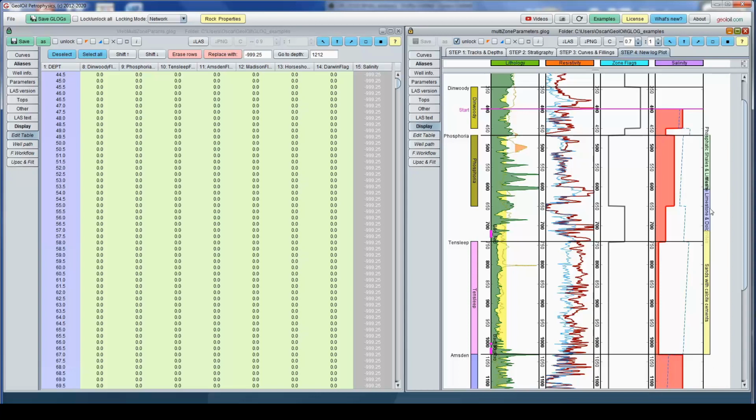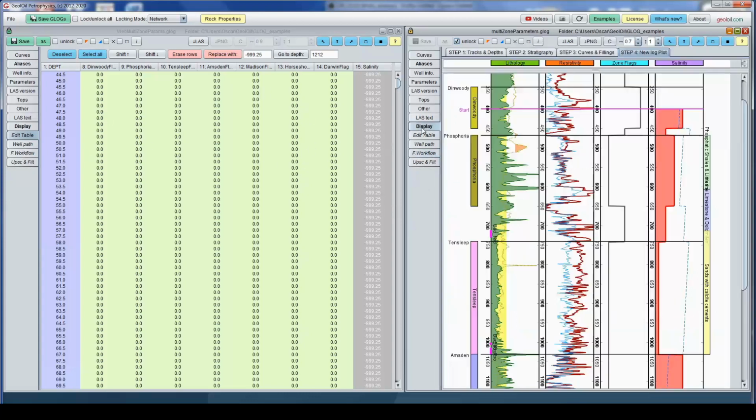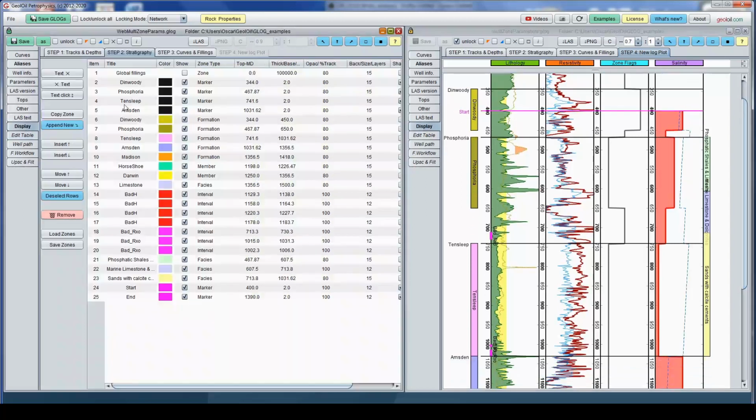An interesting choice will be to define a default value, like this one. For when this minus 999, there is no knowledge, it is replaced with the default value. So with the default value, you will try to merge all the curves, and if nothing is found, the last curve will be this one. So let's do that and see the difference. Okay, before that, let's make a plot so I can show you how the salinity behaves. Make it clearer.